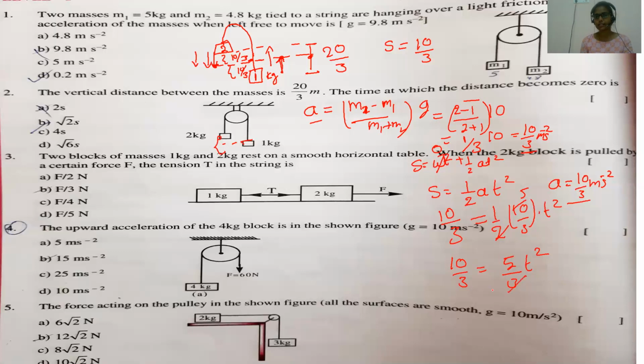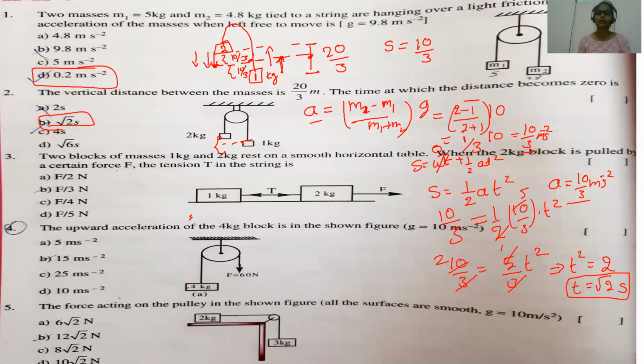Okay, and on both the sides 3 is common, we can cancel. Then 5 ones are 5, 5 twos are 10. So what we'll get? T square is equal to 2. Okay, we want to find t only, right? So send this root to this side. It is root 2 seconds. Understood, children? Second problem, what is the answer? It is root 2 seconds that is the correct answer for this. So second one answer is this, and first one answer is this. What I highlighted, that is the answer.